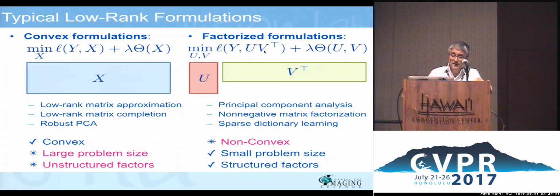So traditionally, people have said that non-negative matrix factorization is NP-hard, that there are no guarantees of global optimality. Sparse dictionary learning, there are lots of alternating minimization algorithms. In fact, a good number of papers in computer vision write down, the algorithm converges, and we verify that if you run it with 3 or 4 iterations, it works. But proving that that is the case for non-convex problems is actually very, very hard.